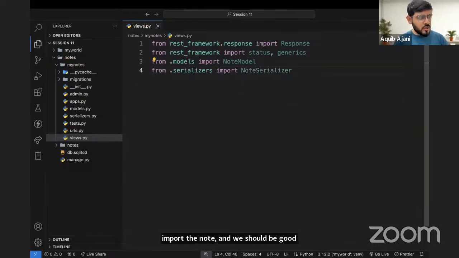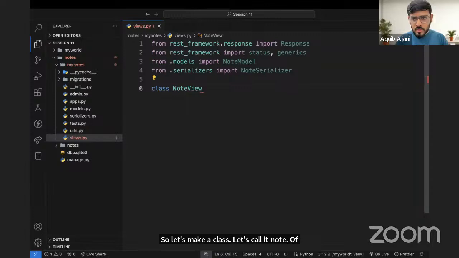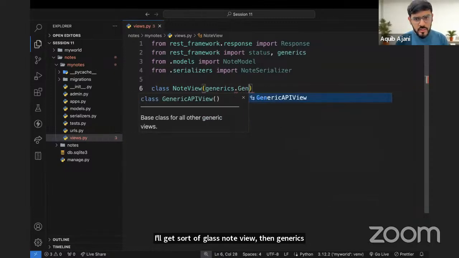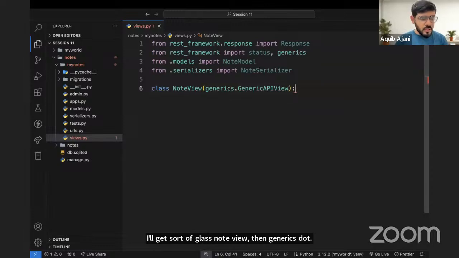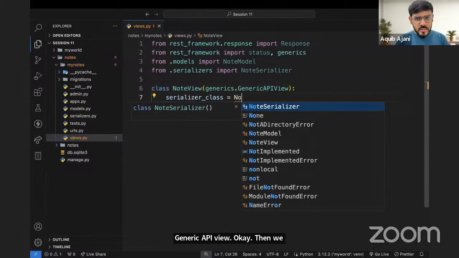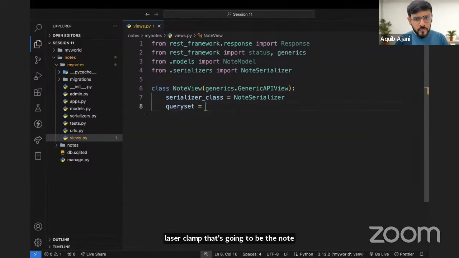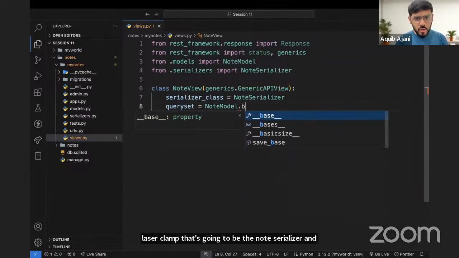Now we can go ahead and create our view. This will be another class. Let's make a class and call it note view, for example. Again, keeping it very simple. So class note view, then generics dot generic API view. Then we can specify the serializer class that's going to be the note serializer. And then what are we going to work with? Note model dot objects